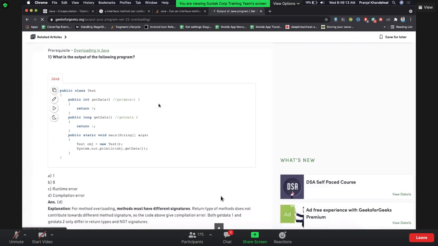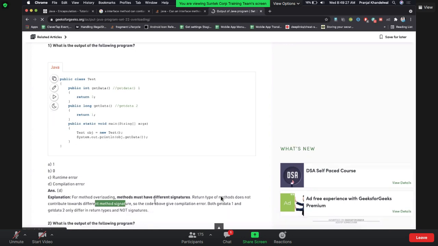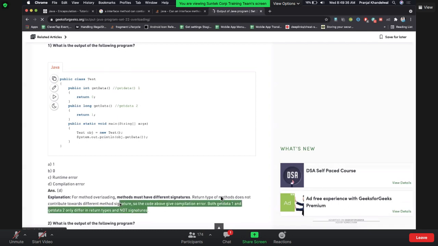Correct. So definitely it's going to give a compile time error, and the reason is that for method overloading, the methods must have different signatures. Return type of the method does not contribute towards a different method signature. So the above code will give a compilation error. Both getData1 and getData2 only differ in the return types, not in the signature.